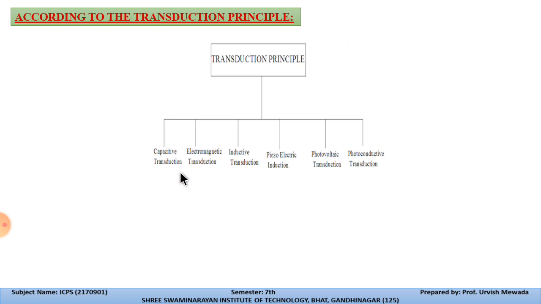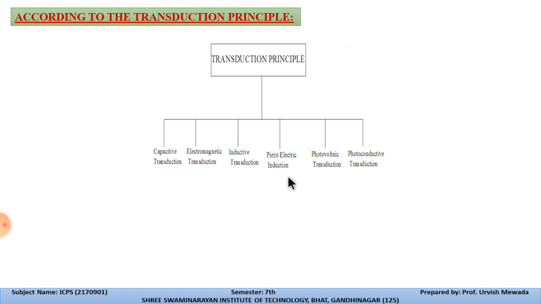And the next point in the transduction principle is electromagnetic transduction. We use MMF change in this type of transduction principle, and that change in MMF we can measure in terms of electrical output. And the third point is inductive transducer. As the inductance changes, I already explained in the previous slides that inductance basically depends upon the distance between two adjacent turns, the thickness of the conductor or the length of the conductor. So we use that principle to measure the physical quantity that we want to measure.